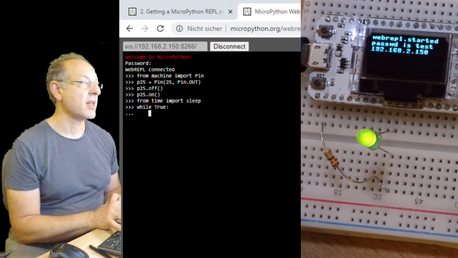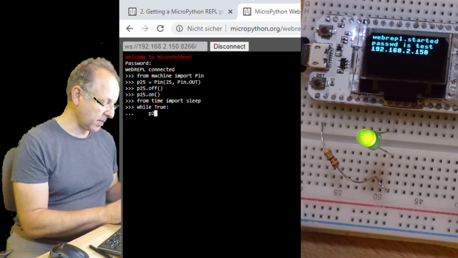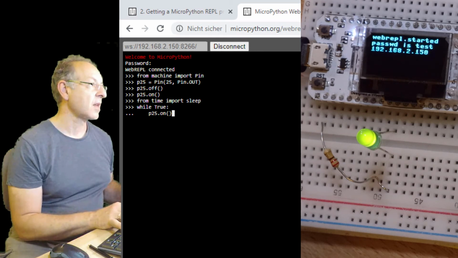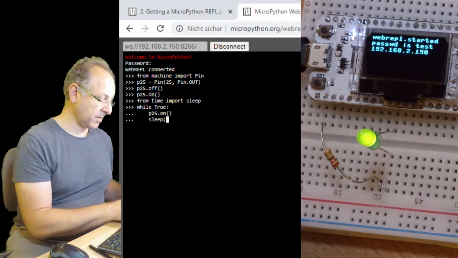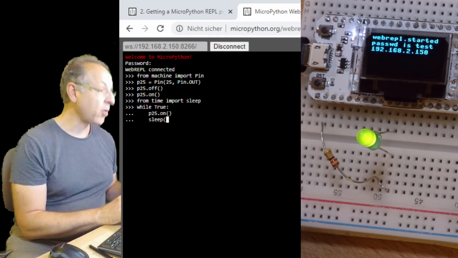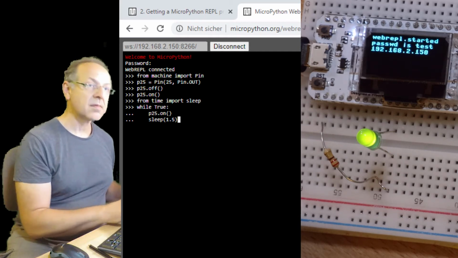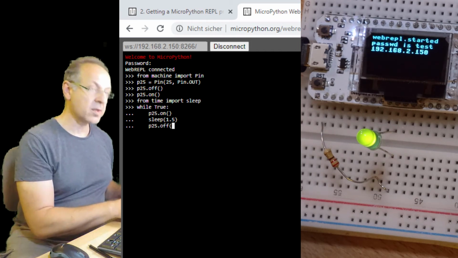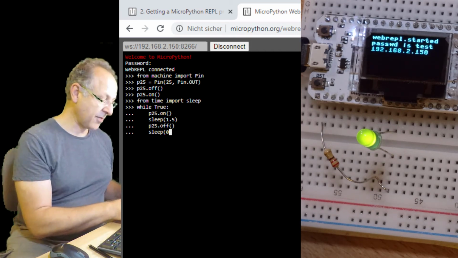And now we can say switch the LED on, so P25 on. Then let's sleep for 1.5 seconds. Then we say P25 off, so we switch it off, and we sleep for half a second,